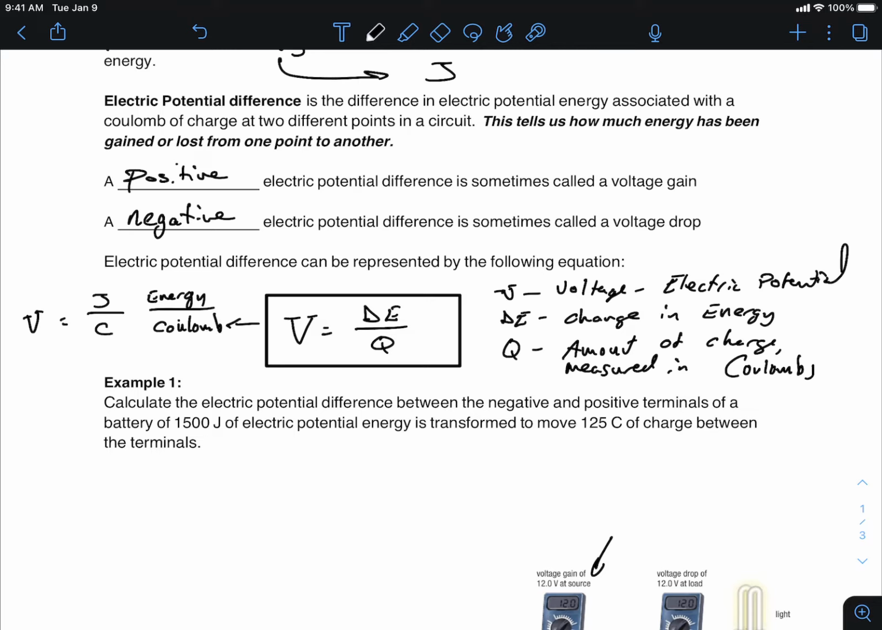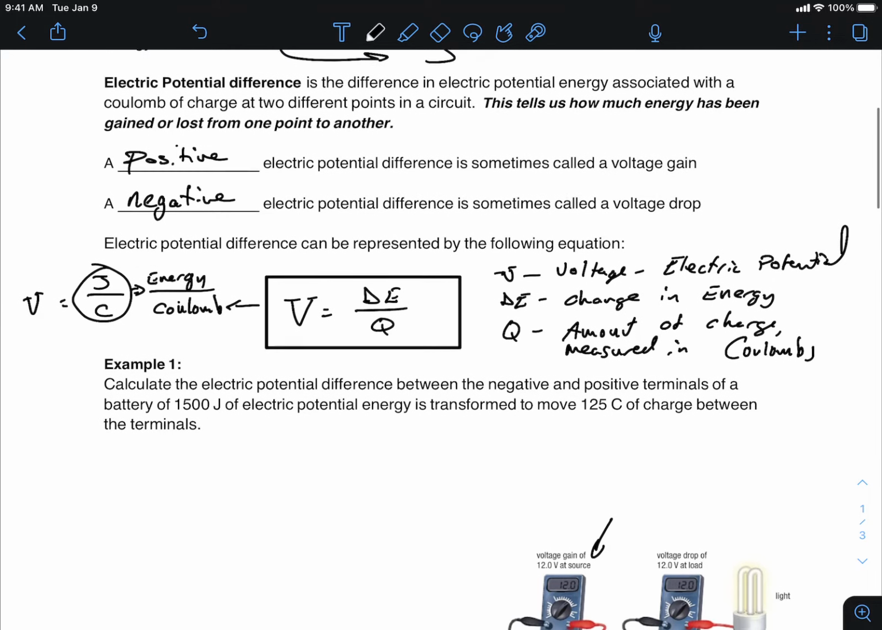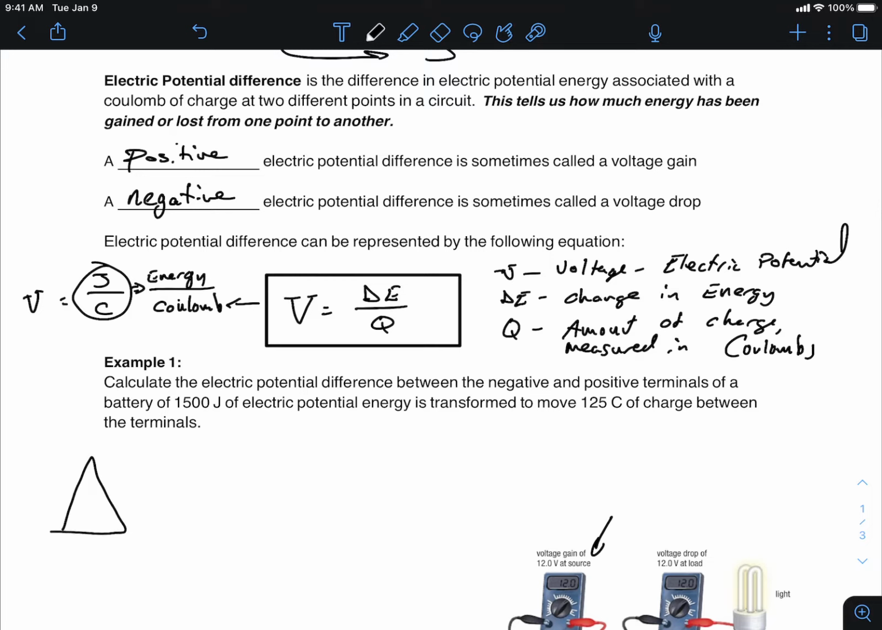I still haven't shown you what a coulomb looks like, but I'm going to show you that in a minute. So let's just run through a sample calculation here, nothing too crazy. The reason I showed you that above is because we can line up the units. Physics is not about memorizing equations. It's about understanding where things came from. So the voltage would be the